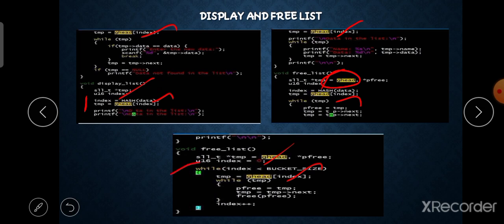While index is less than the bucket size, the index given by the algorithm is less than the bucket size, so the coding happens. We declare temp equal to head, and while temp is true, it goes in, we free the previous pointer, set temp equal to next, and free p.